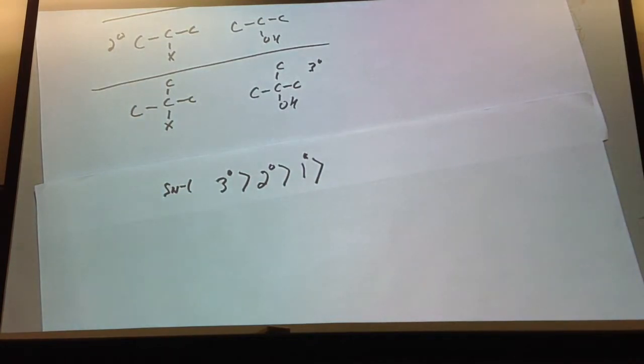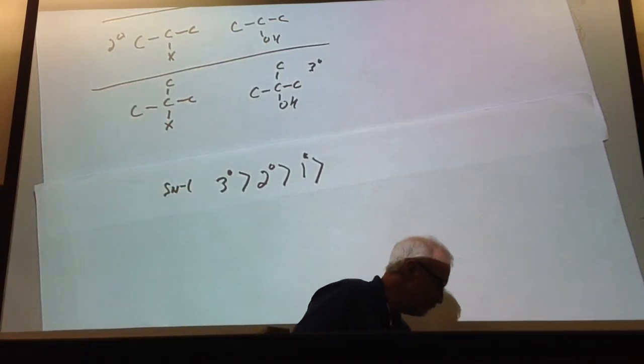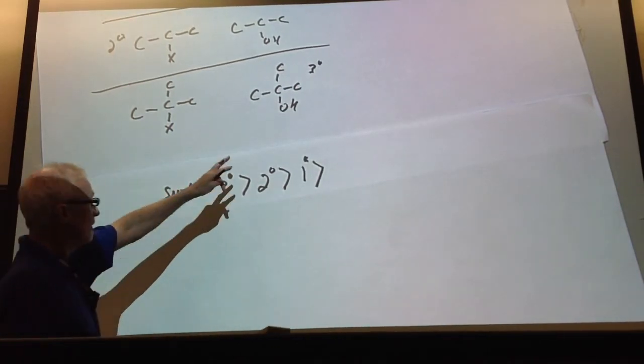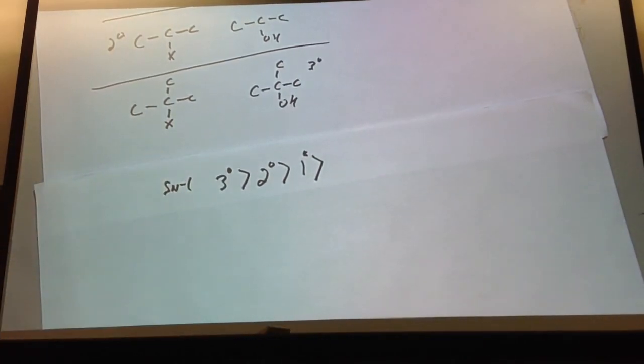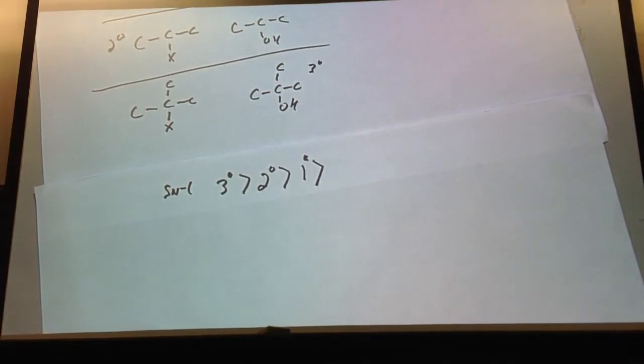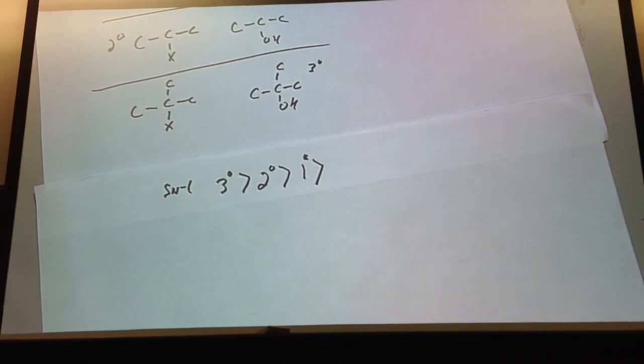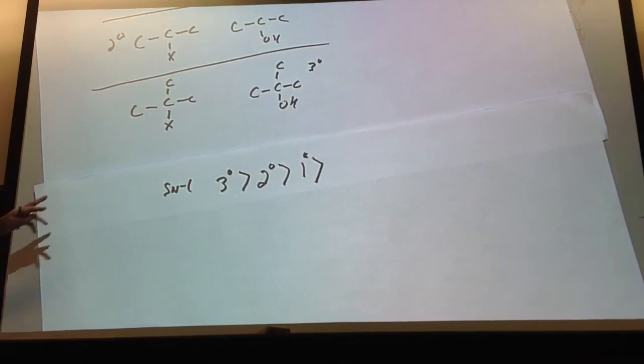And that's because the SN1 mechanism, remember, involves formation of a carbocation. If you start with a third degree alcohol or a third degree alkyl halide, you could form a third degree carbocation. And that's stable, see? Whereas a first degree